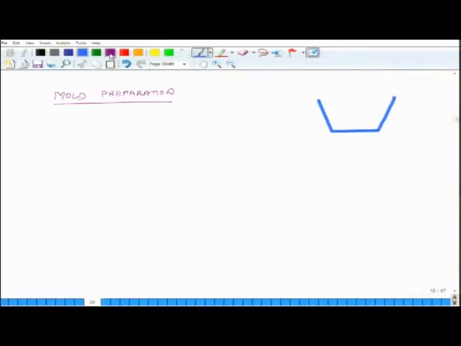So, what I do is, I make a mold which will have a shape similar to it. Okay. So, this is the first step, I make a mold,